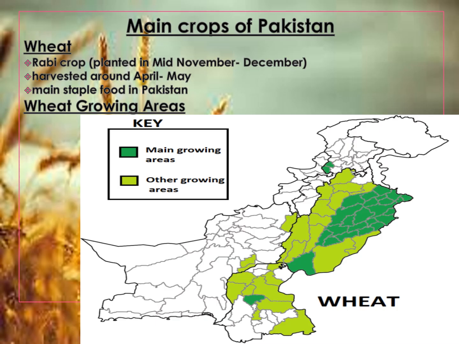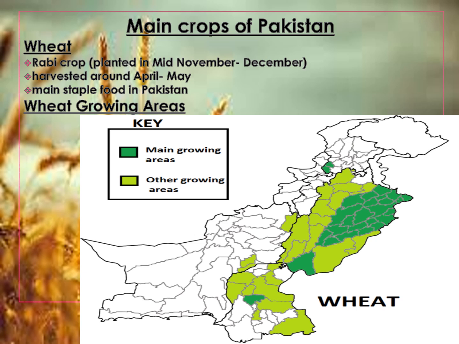Now we are going to read about the main crops of Pakistan. The first main crop of Pakistan is wheat. Wheat is a Rabi crop. It is planted in mid-November and December, harvested around April to May, and it is the main staple food of